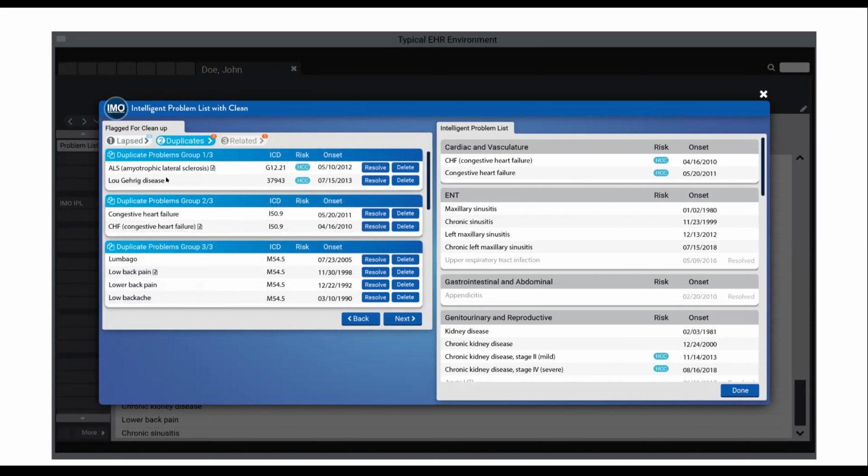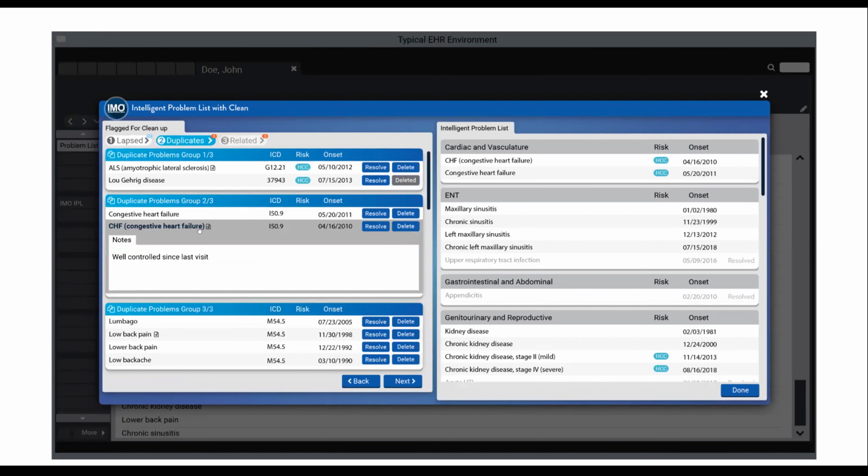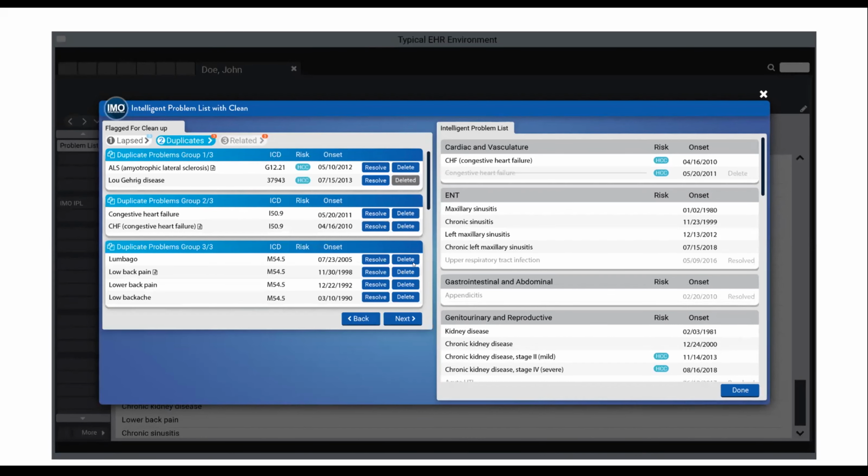On to the next section, our duplicates. All right, again, here we're looking for not just exact duplicates, but also conceptual duplicates, or what you might call synonyms, such as ALS and Lou Gehrig disease. You, again, can delete the one that you do not want to keep. If you want to get into the details of any of these, you can go over to the Plan Navigator, which is obscured here, but with the app in the sidebar, you would have access to the Plan Navigator to see any notes. But you can also get into notes here. So within our app, you can visualize the notes if that helps you make a decision about which one you'd rather keep.